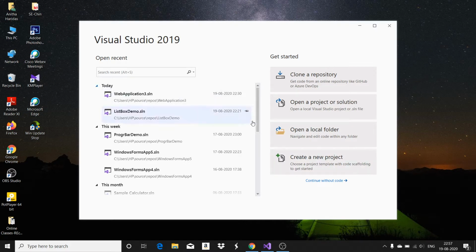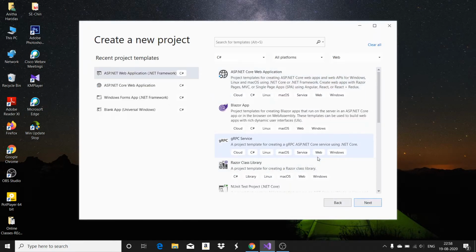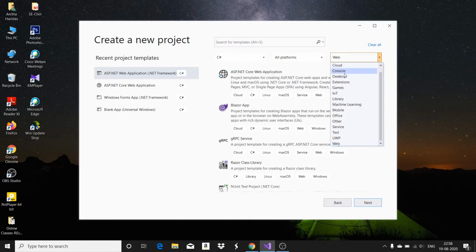In this video, we are going to discuss how to create a web application which can be opened in a web browser. Okay. So as usual, we start with create new project. I go for creating a new project, and you can see here for desktop application we have selected desktop, right?